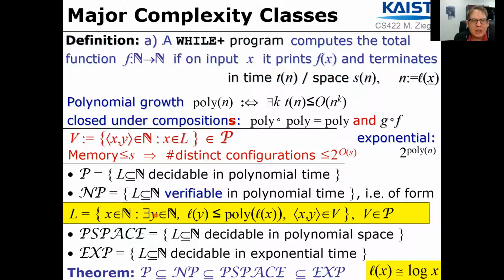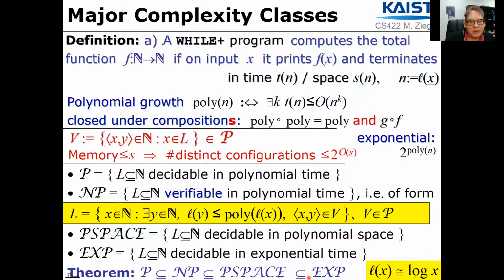And when trying the next one, reuse the same area of memory. So trying all of them takes exponential time, but only a polynomial amount of memory, and thus establishes this inclusion. So that was all a brief recap from last time with this hierarchy. And as I emphasized, it is not known whether and which of these inclusions are strict, this,